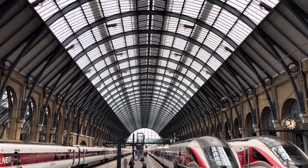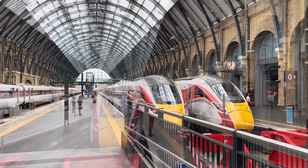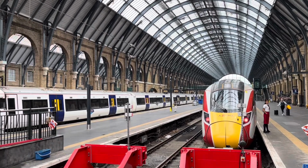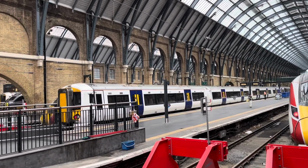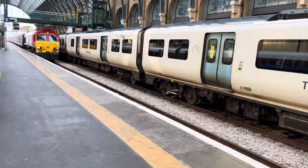It is always great to pay a visit to London King's Cross, and the usual East Coast Main Line setup was on show before our tour arrived into Platform 2. So with half an hour to go to departure, the train is coming in, and at this end we have